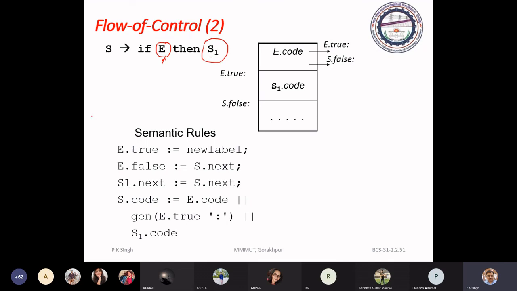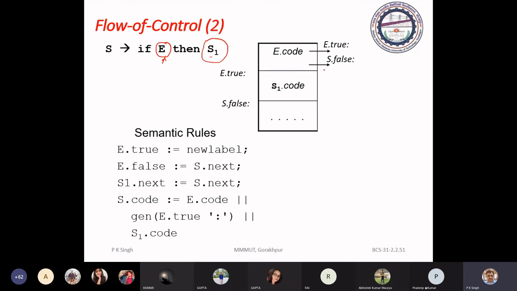In that case, it will patch the E true label with the very first three-address statement. And when control of execution evaluates this construct and gets the E code value, if it is E true, then accordingly we have to switch the control of execution to that segment.